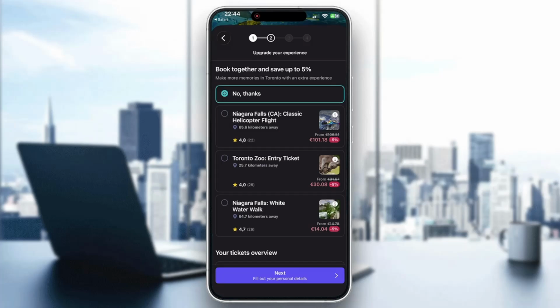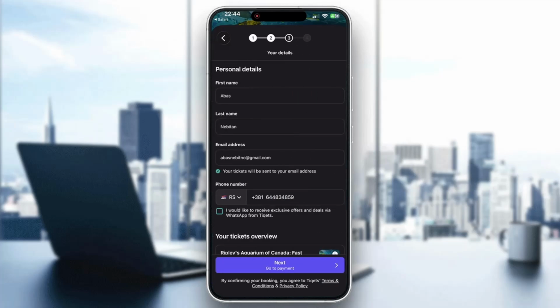If you're not interested in similar experiences, you can just select no thanks and go to the personal details page, after which we can get started filling out our personal info. So here we have our first name, last name, email address, and so on. Make sure to fill it out all correctly, and once filled out, we can click next to go to the